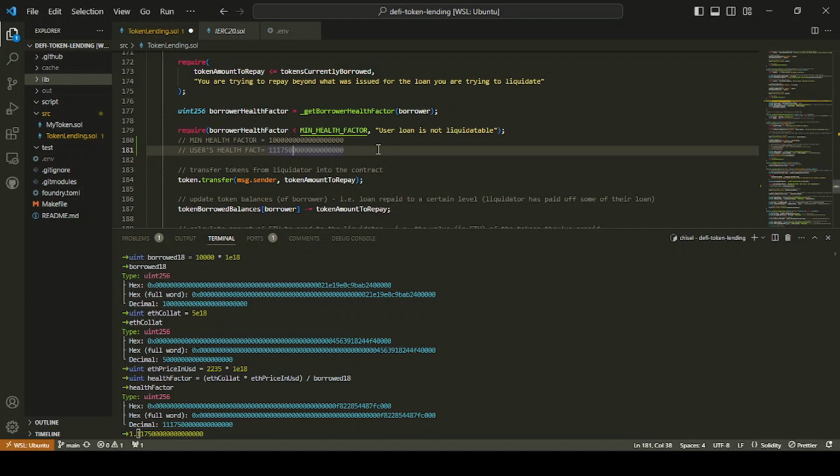So as you can see, if we say that this is 1 and this is 1.17, the person's health factor is absolutely fine at the moment, because their loan is healthy. But then if we go back down here for a second,